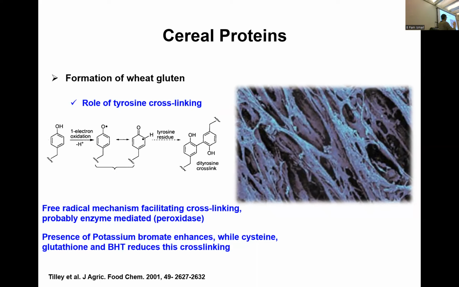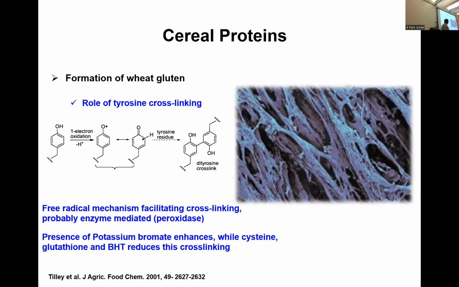Tyrosine units can get oxidized and form a covalent linkage. They did a lot of experimentation to prove the formation of this dityrosine cross-linking. They confirmed the presence of dityrosine by mass spectrometry, and they also elucidated the mechanism, that it is oxidation